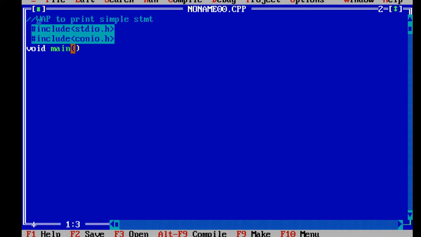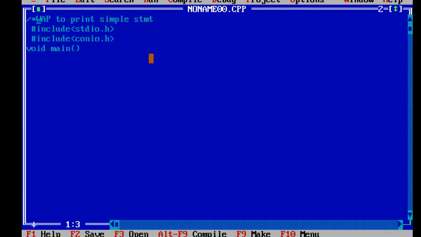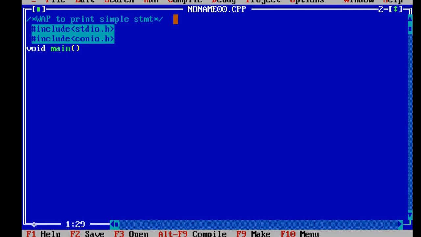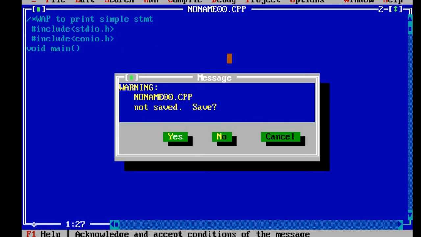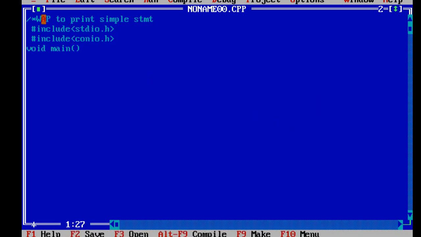Now I will jump towards the multiple line comment. You can see the color of this. Now I am giving the multiple line comment. See, the entire statement is coming in the comment. As soon as I close this, the next text becomes normal color. So for a multiple line comment, without forgetting, you have to close it.